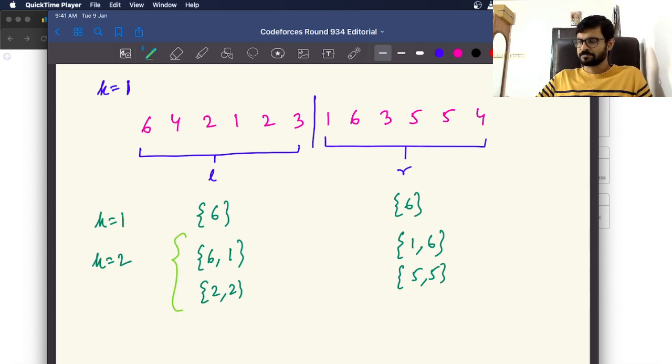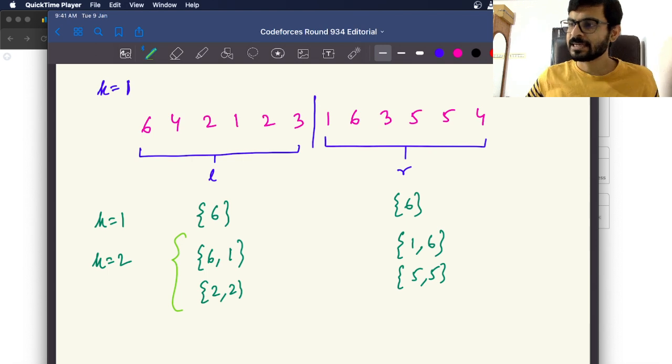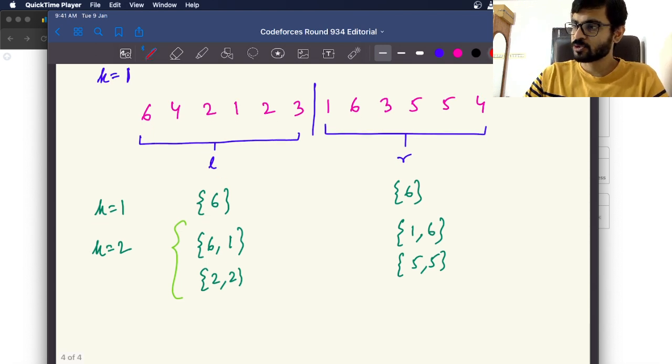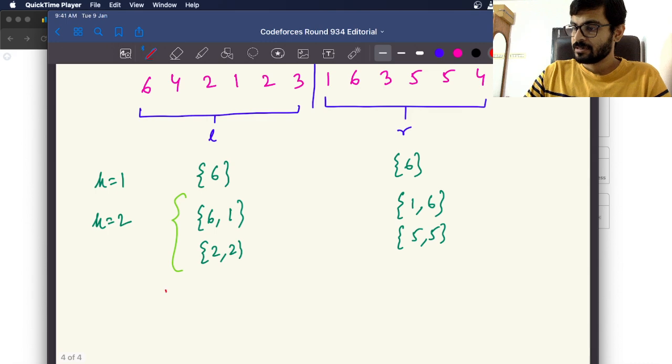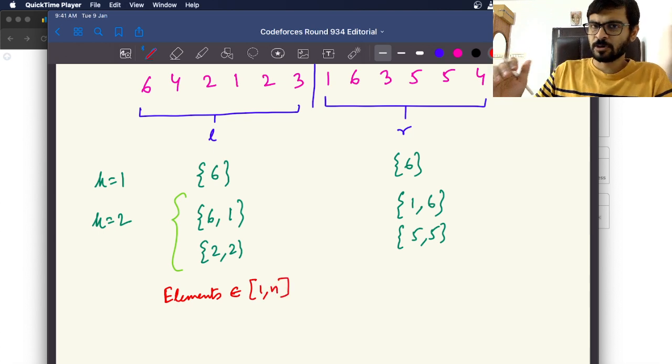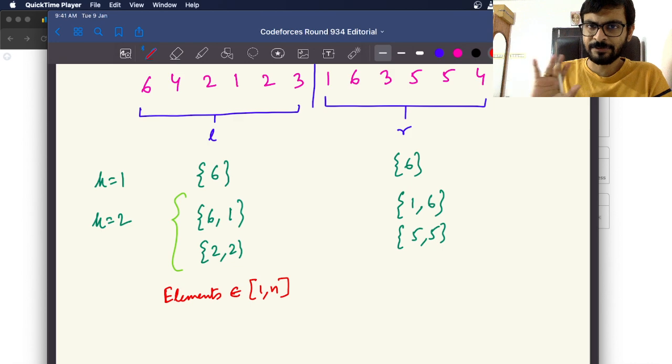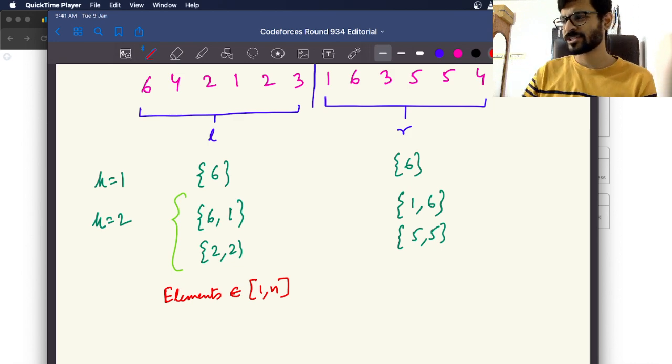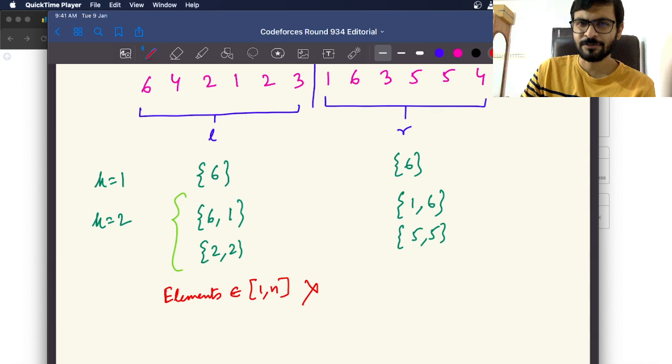Now, how to reach two different arrays L and R such that their XORs are same? For this, the biggest hint is actually given, that each element occurs twice. So the elements are in this range 1 to n. Now when I look back at the information given in the question, I don't really need this information. This is extra information for me. This will help in my implementation. I can make my implementation work for this only, because that is easier to implement. But the most important thing is each element